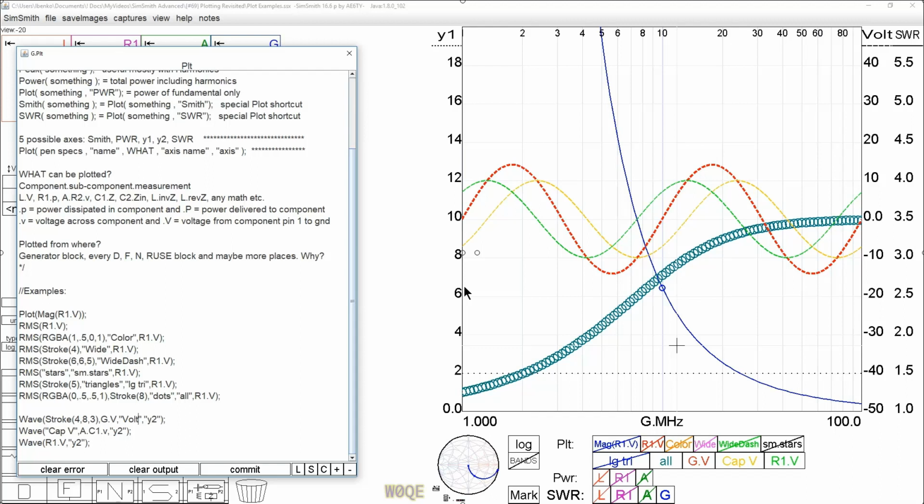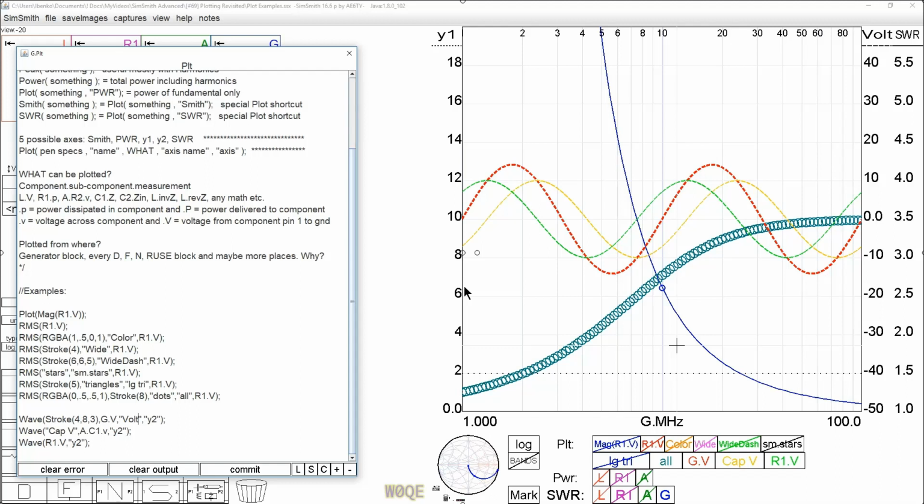And then if I have a RUS block that I want to save and bring back into a circuit or bring into other circuits that has plotting associated with that particular circuit in the RUS block, I'll do that plotting within that RUS block itself. That way, if I save the component and I bring it back, the plotting stays with that block. Occasionally, I'll plot in the D block if the D block's to the left of the load,